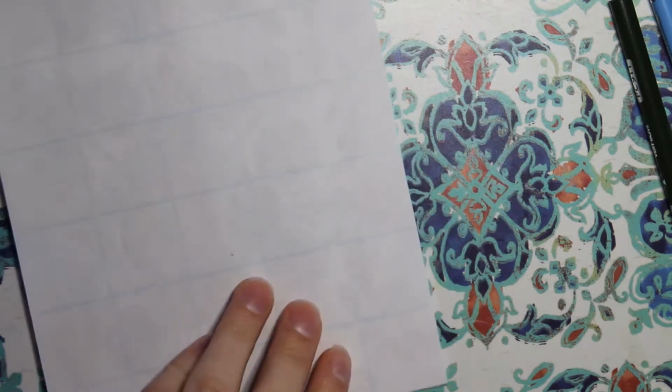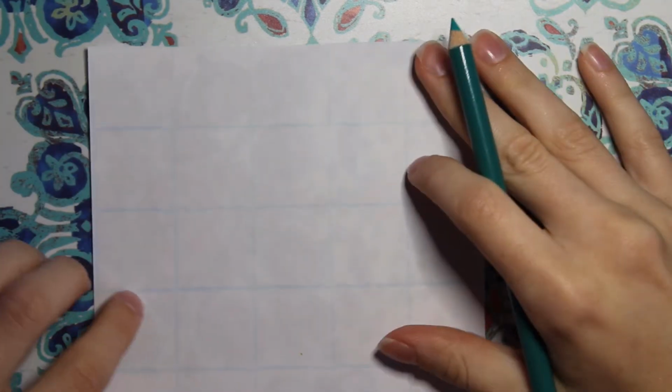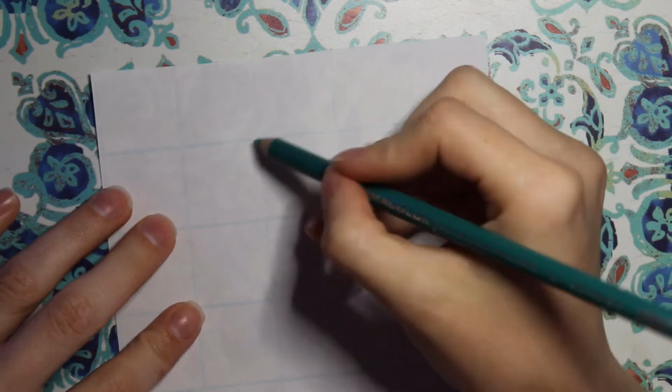But next, my other idea was I could sketch a character, only my thought was, what if I made a really round character and then kind of cut out squares, if that makes sense? So let's just say